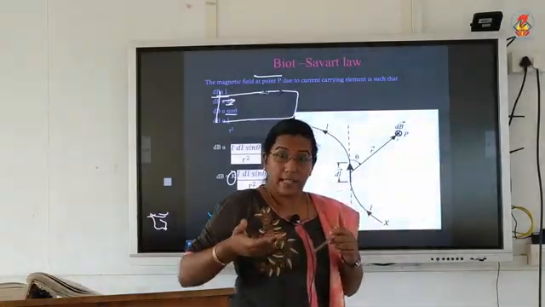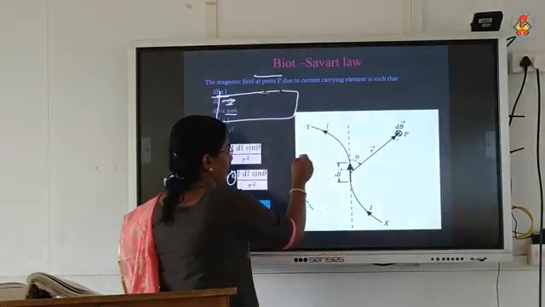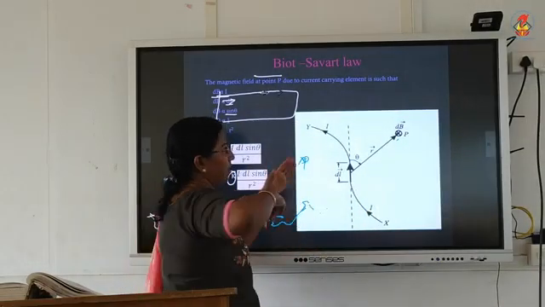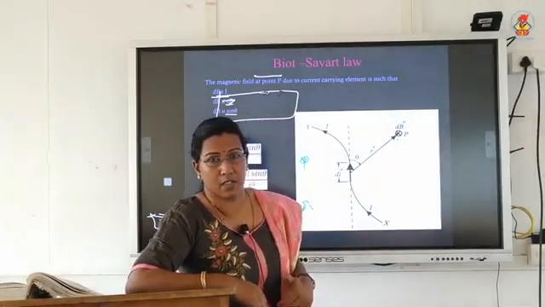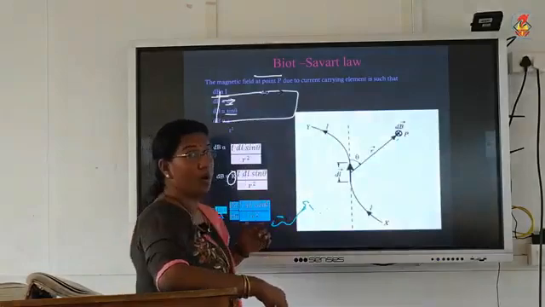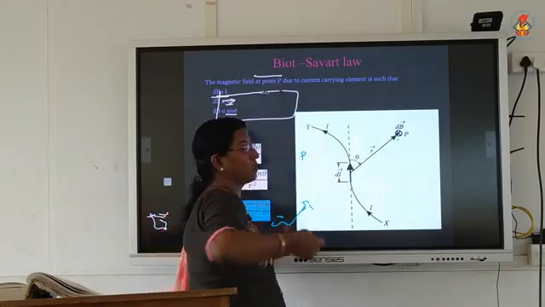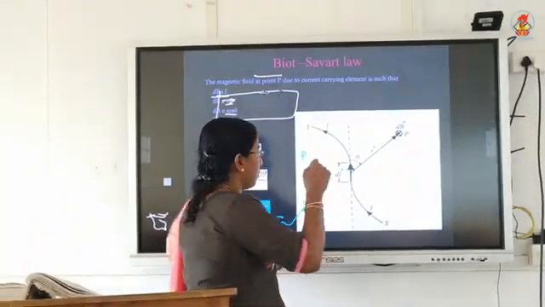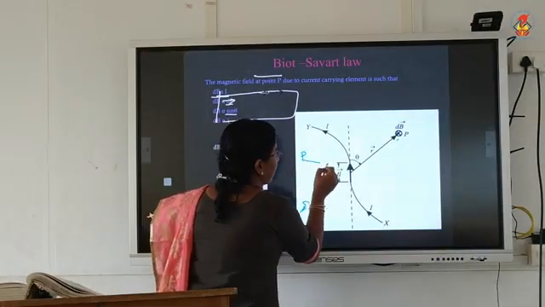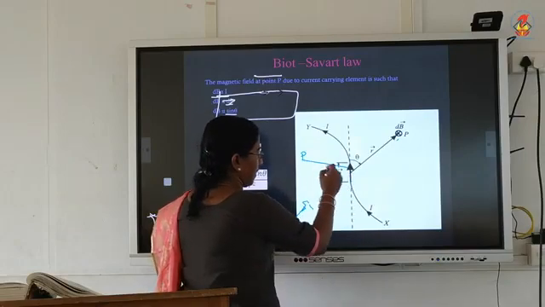And the same condition can happen in the reverse order. Suppose I am taking a point here, I want to find out what is the field at this particular point. Definitely I can use the Biot-Savart's law, but I want to know what is the direction at this particular point. So magnitude I can find using Biot-Savart's. What is the direction? So we draw a displacement vector from a current element. So this is a displacement vector.